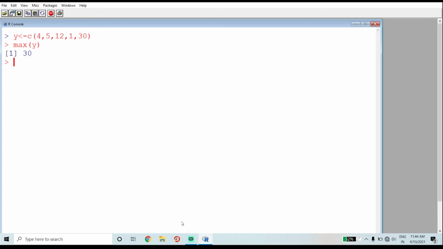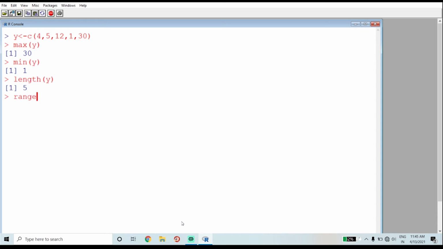So the maximum value in this data set is 30. Suppose I want to obtain the minimum value, I make use of the command min of y. Then next, if I want to find out the number of elements in this data set, I make use of the command length of y. So I obtain the length.